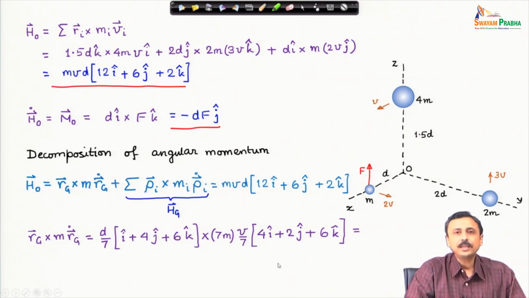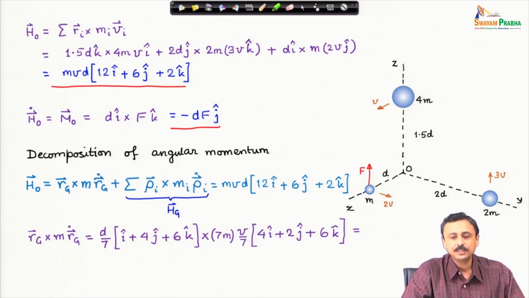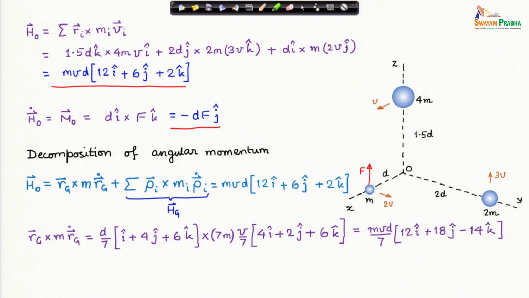And when you plug in the position vector of the center of mass and the velocity of the center of mass that we have derived earlier in this expression, we get this as the first term on the right hand side of the angular momentum about O. So, that is equal to this expression,